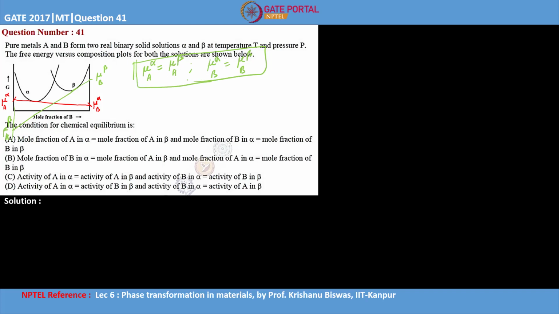To achieve this condition, you draw a common tangent which will be touching both the alpha and beta curves. In such a situation we can write that the chemical potential of A in alpha is equal to the chemical potential of A in beta, and here the chemical potential of B in alpha equals the chemical potential of B in beta, right? Which means between these two points equilibrium is existing,